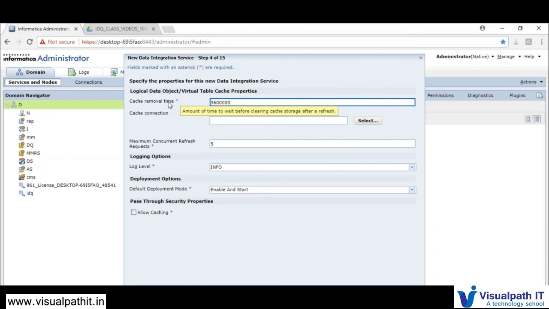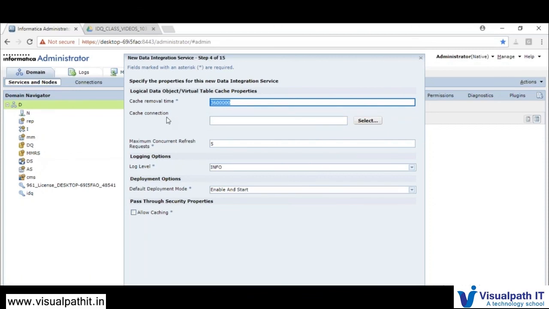So once you have refreshed the logical data object, that means you will be getting the latest results. So how much time it needs to wait, that waiting time will be provided here, so that once the data gets refreshed, meaning the latest data result is published, then it will wait these many seconds. After that it will be clearing the cache.